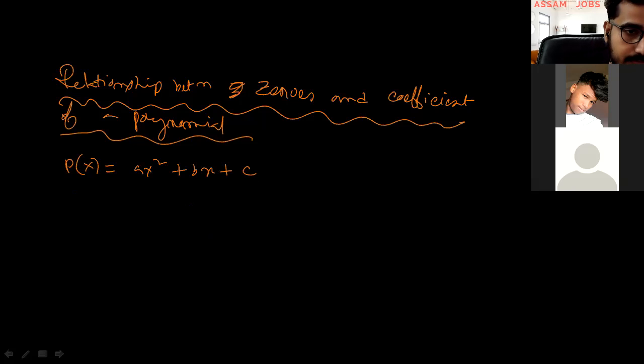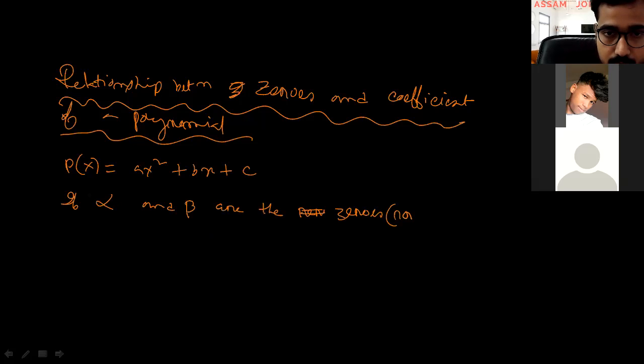If alpha, the Greek letter, and beta are the zeros or roots of the polynomial p(x),